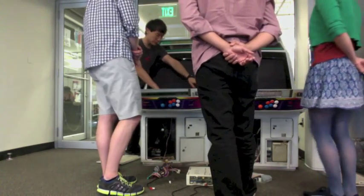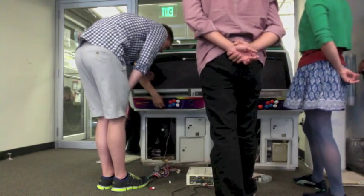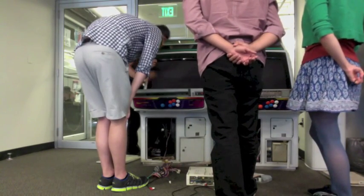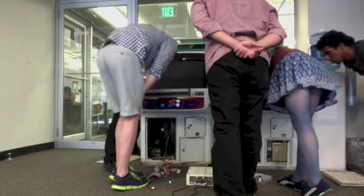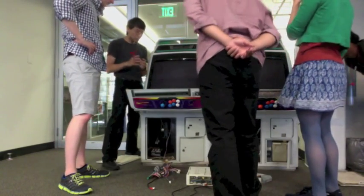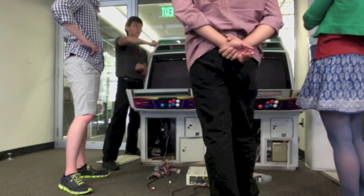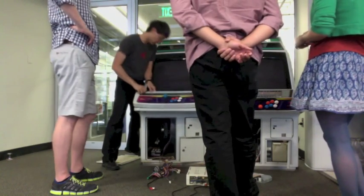You see the little clear plastic thing? That's called a gate. That actually controls how far the joystick can move in any given direction. And if you look through the clear plastic thing, you'll see a little PCB cut out octagon. I'm not sure if you can see it. Sometimes that's not an octagon. Sometimes that's a square. And if it's a square, that means when you push it diagonally, it goes as far left as it would have gone if you were just pushing left, and as far down as if you were pushing down. Whereas in these controls,